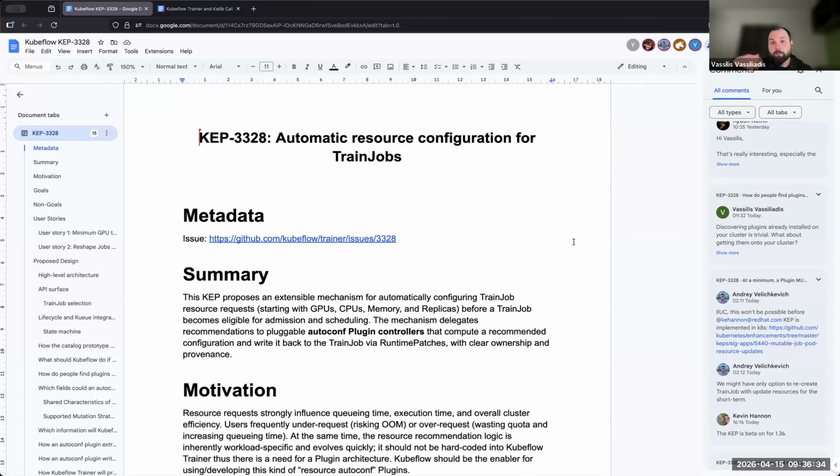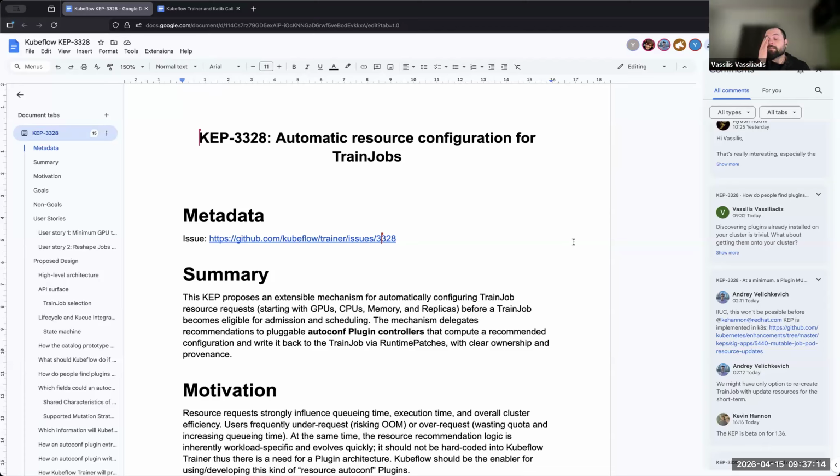If you request too many GPUs, you may have a large queuing time, especially if you're using a multi-tenant cluster, and that's probably the case because nobody has 15 GPUs lying around. If you're using multiple GPUs, you're probably part of an organization, competing for resources with your colleagues, right? Also, typically you're requesting GPUs as a power of two, so a one-off mistake is double the amount of GPUs at the least.